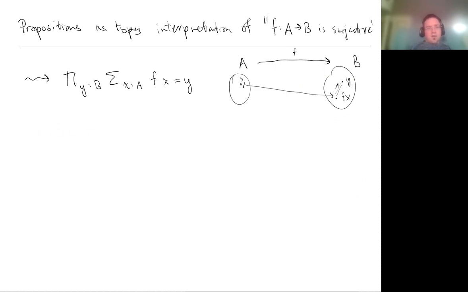But then recall that we ended up last time by discussing the principle of type theoretic choice. If we have such a pi sigma combination, you can go back and forth between having a function from B to A, and then separately the condition that this holds. So it's a kind of choice principle that you always have whenever you use the propositions as types, Curry-Howard interpretation of quantifiers. So by type theoretic choice, this amounts to